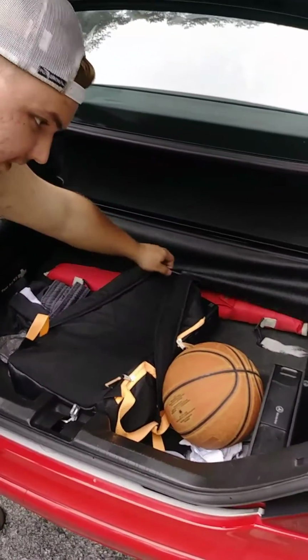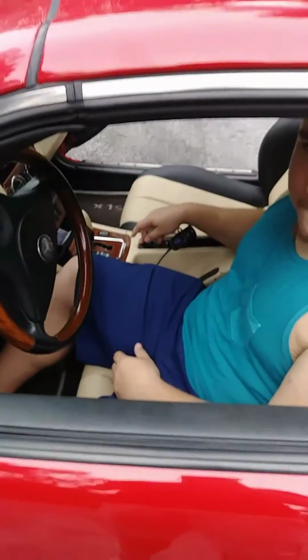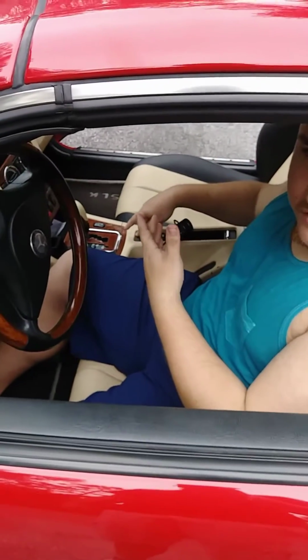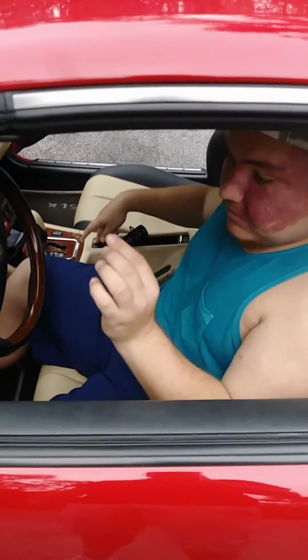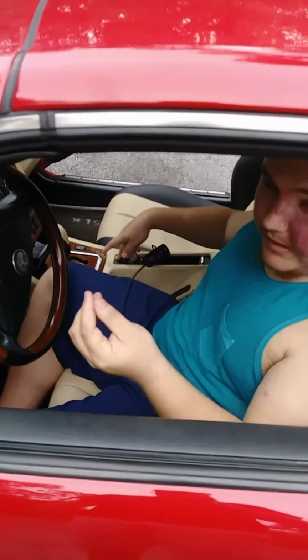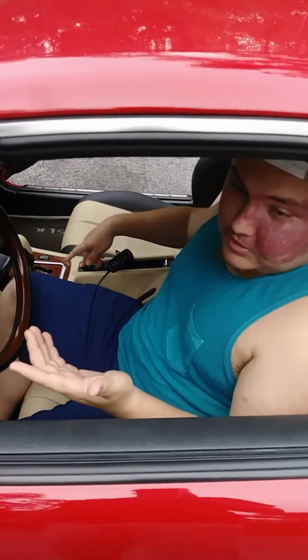We're going to put this back because I'm going to show you something cool about this car. Now, this car is obviously a hardtop convertible, if you couldn't tell. The way it works is pretty simple. You have a large switch here in the center console that you hold back until the switch is completely turned off. You'll see that it lights up red, and when the red light goes off, that means that it's ready to go. So without further ado,